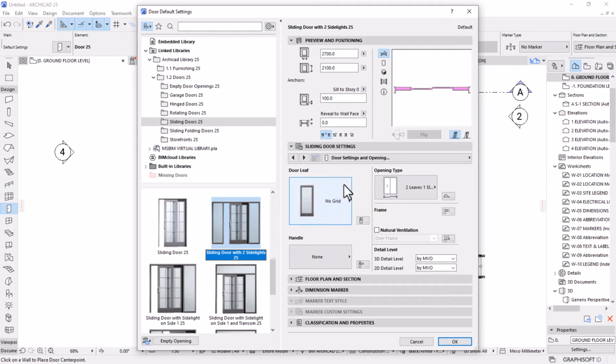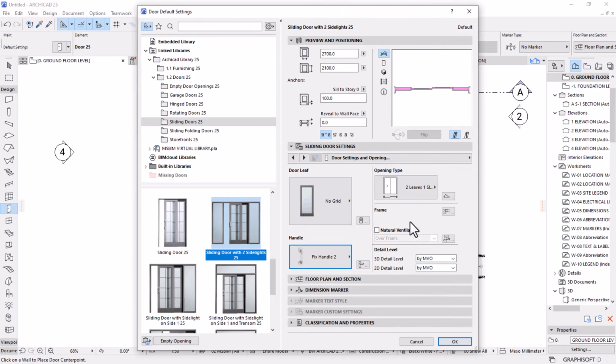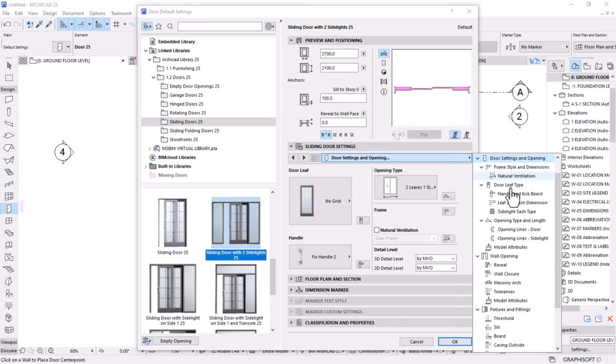I will check the handle to be something. I think I need to create custom handles for Archicad doors. You know, that's the next product that I need to create, because if you look at the list, here is something that is not well off. So yeah, I'll just go with the handle 2, and let's click here on the door settings and opening and